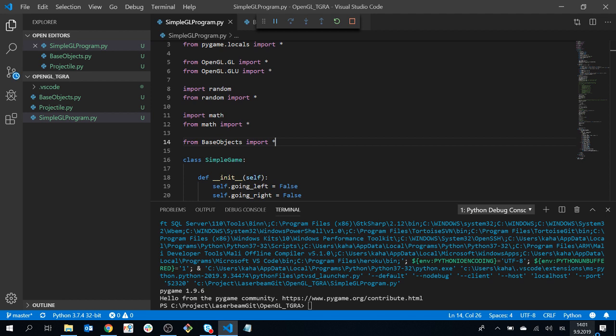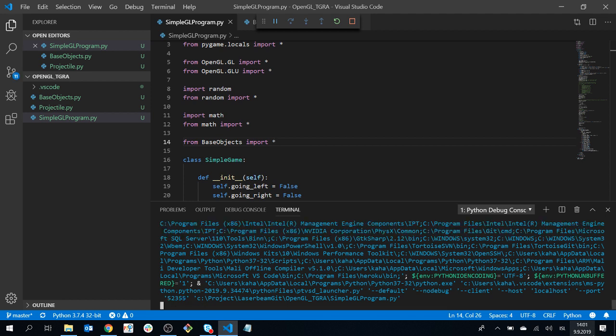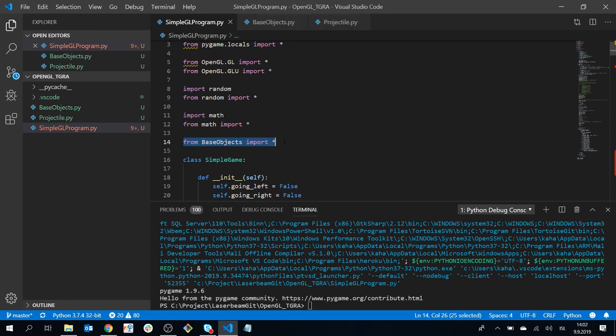So there is another faster way to run your program. The only reason I'm doing this is because, all right, so it's running. I'm using my positions and vectors. So now I've refactored simply by moving my point and my vector to base objects here, and in the simple GL program where I use those, I just import it instead. So now I can go ahead and do projectile here as well and do